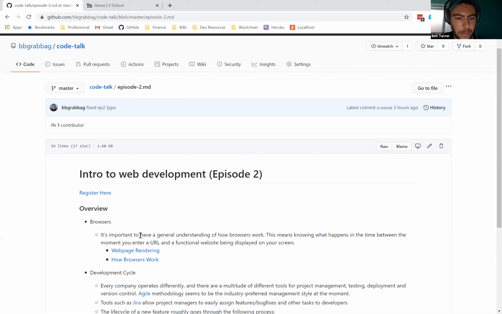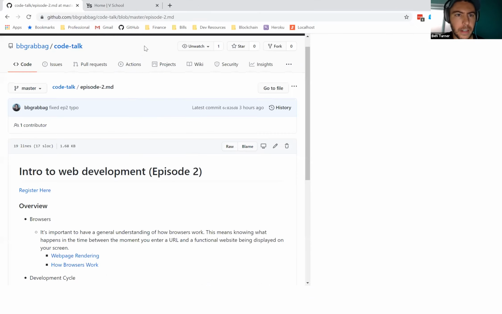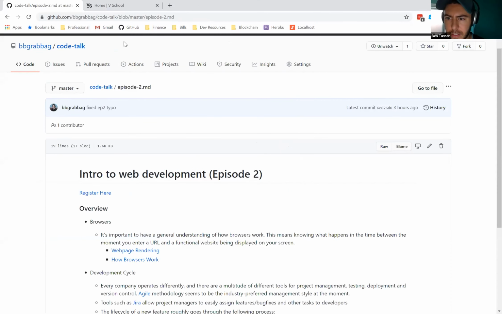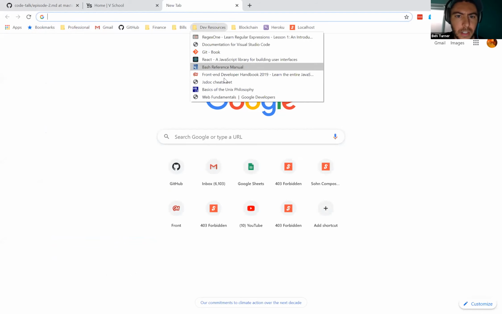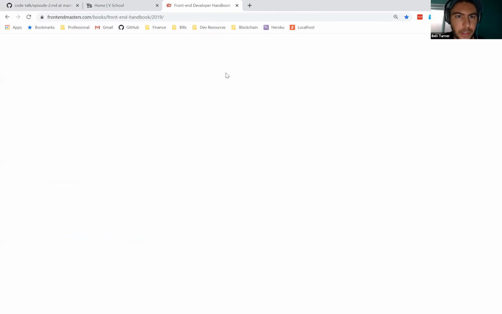So I have a couple of links here that we're going to take a look at. I have stolen these links from one of my favorite resources, called, I gotta get these meeting controls out of the way, the Front-End Developer Handbook.